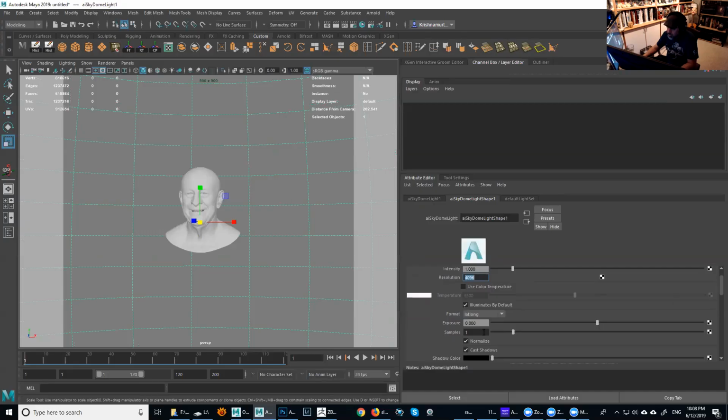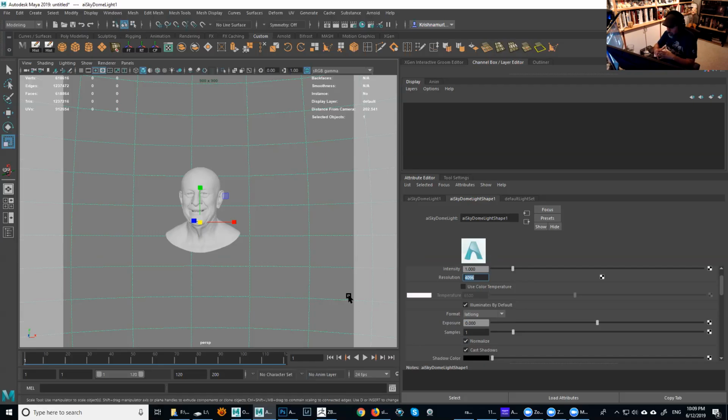There is one thing here that I always thought was a little strange in Arnold, that by default they use this normalizing on. And the normalize is more something for creative kind of lighting. If you want to make sure that everything is correct and physically accurate, you turn it off. But the advantage of having it on is like this.